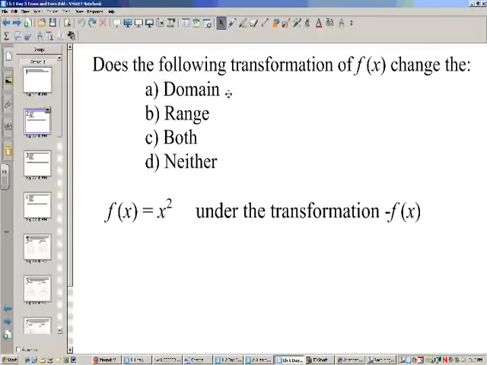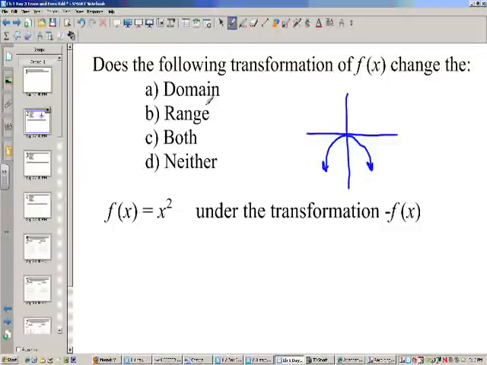Now in this situation, if we have y or f of x equals x squared and I have a negative f of x, what this does is it flips it over the x-axis. So the function will look something like this. So if that occurs,